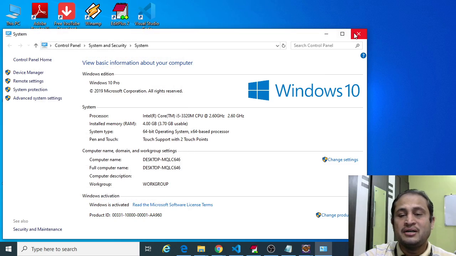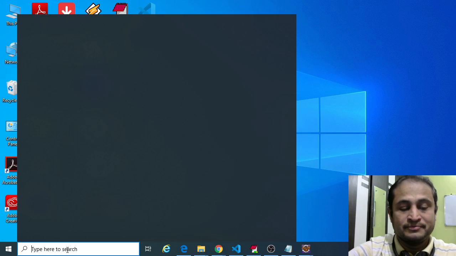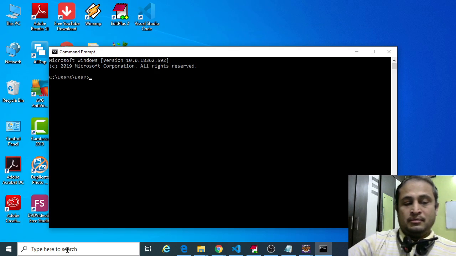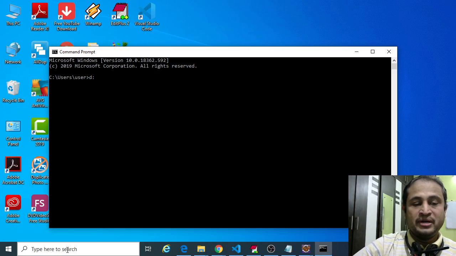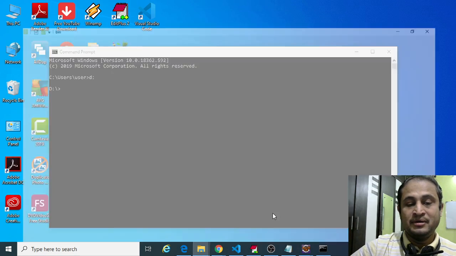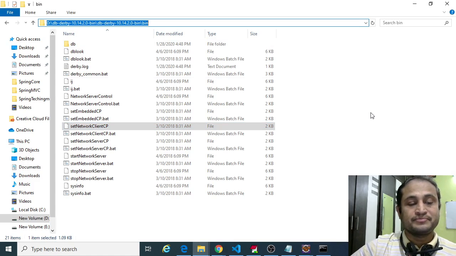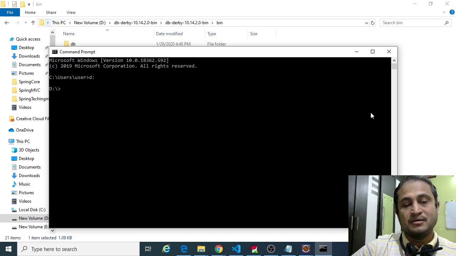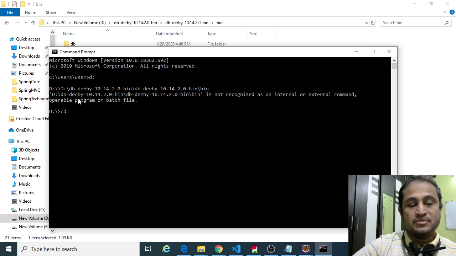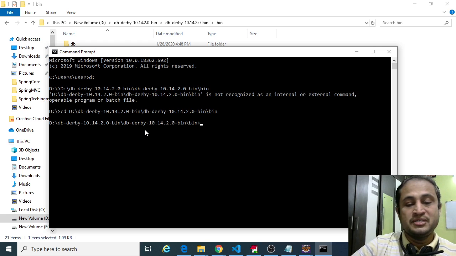After doing that, go to command prompt. Go to the D drive, wherever the installation happened, and change directory to that path.